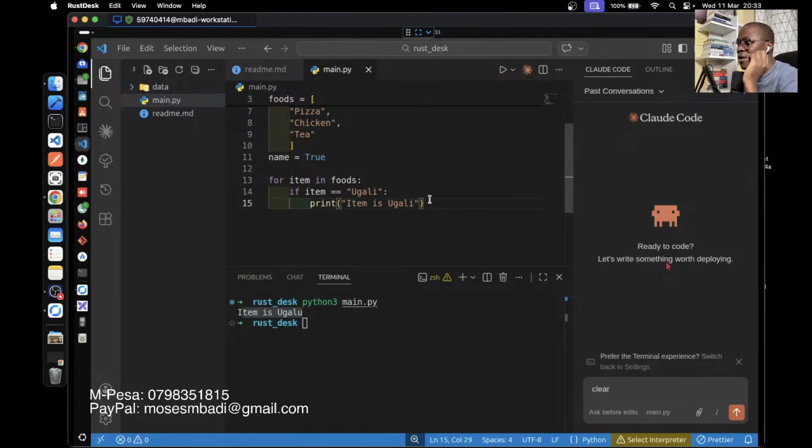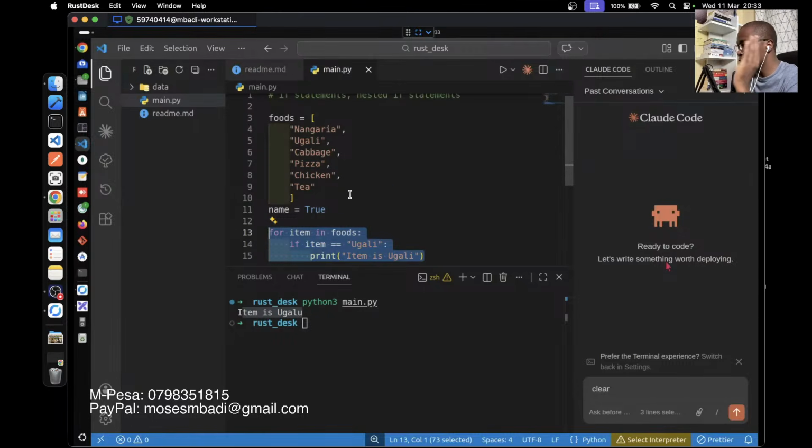So this is how you can combine an if statement and a for loop to get whatever result you want. And like I said, don't try to cram the code, understand the logic. So the logic here is you have a list of items, and you want to go through the list and print everything that is in the list. However, there's only one condition for the print to work: the item has to be ugali.